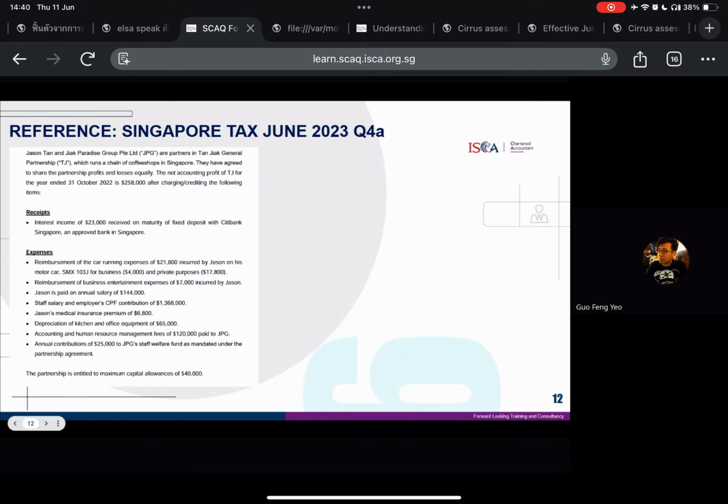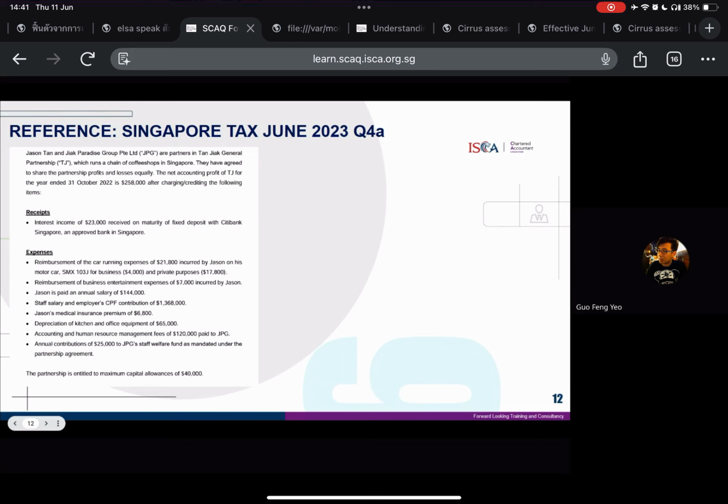Expenses: reimbursement of the car running expenses of 21,800 incurred by Jason on his model car SMX 103J for business 4,000 and private purposes 17,800. Reimbursement of business entertainment expenses of 7,000 incurred by Jason. Jason is paid an annual salary of 144,000, staff salary and employer CPF contribution of 1,368,000, Jason's medical insurance premium of 6,800, depreciation of kitchen and office equipment of 65,000,